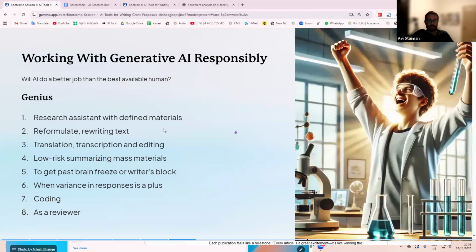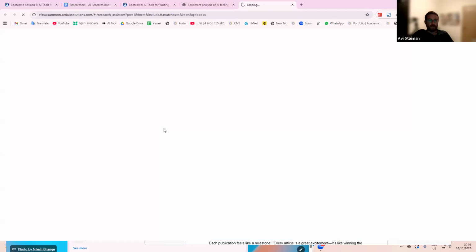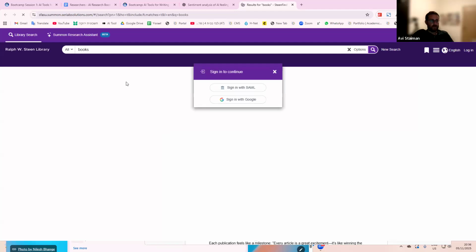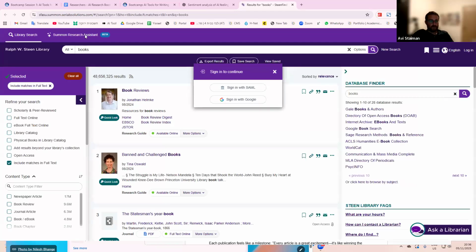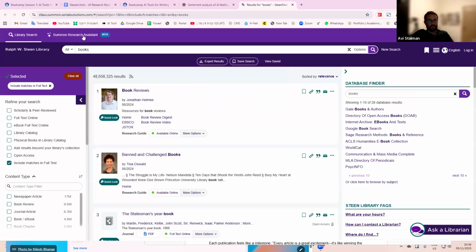Is that a local Stephen F. Austin tool, or is it a tool that many colleges and universities use? I'd be curious because I'm always looking at new tools. Oh, you already put it in. Let's take a look at this together. Summon 2.0. Okay, interesting. So this is a tool that's specific to the university. Interesting. Okay, great, very cool.